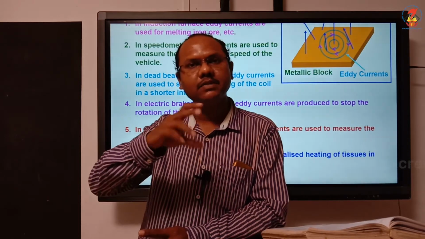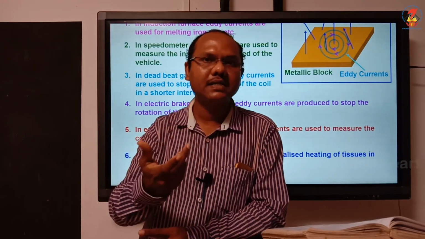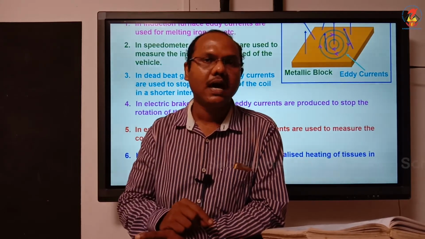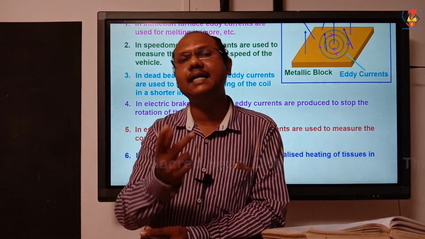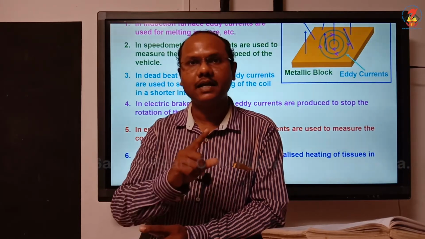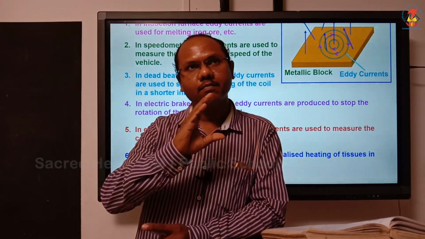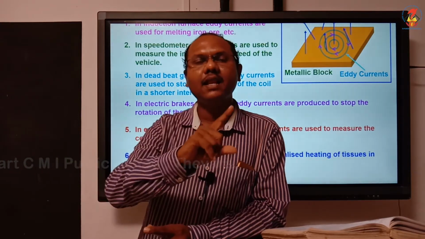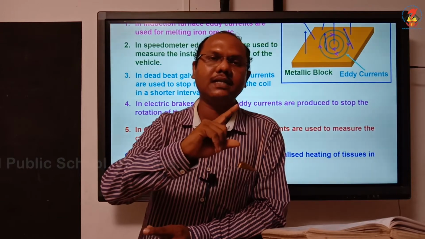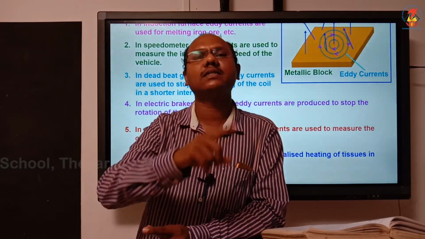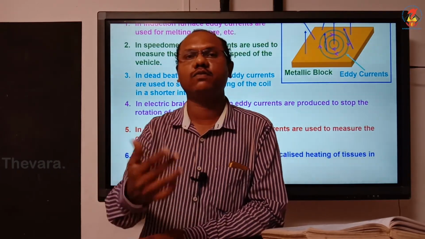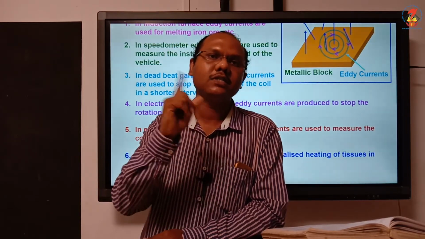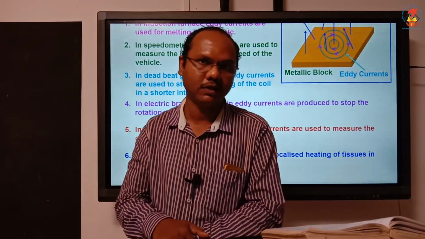So as the drum is revolving, what happens? The magnetic flux linked with that will change. And when the magnetic flux changes, eddy current will be formed. And to minimize the eddy current, the needle which is attached to the drum will also move along the direction of the rotation of the wheel. So how much that needle is moving, that much reading will be shown by the speedometer.